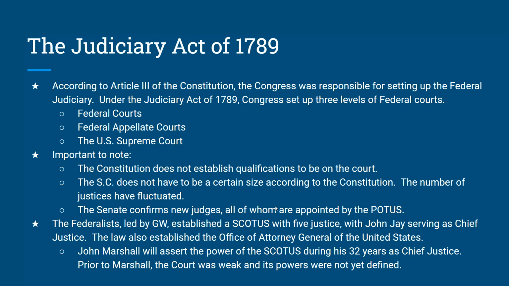And of course, the Supreme Court will ultimately become what we call the final arbiter of the Constitution. They're going to eventually solidify for themselves this power of judicial review, which is the power to review laws in figuring whether they are